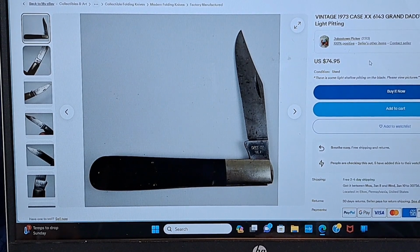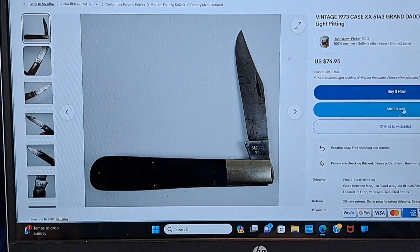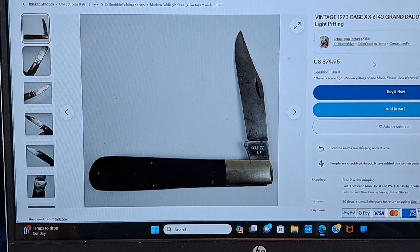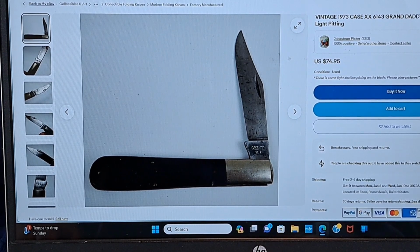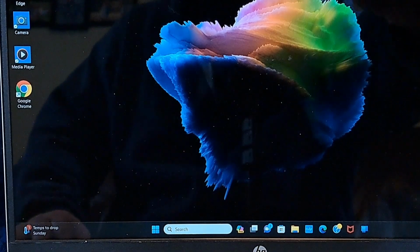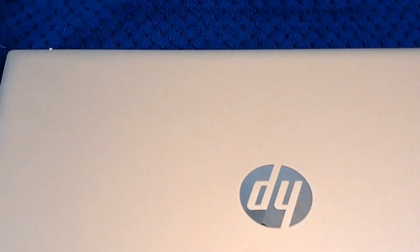And so that's how you can, guys who do this, after a couple months, they'll come back and they'll either drop the price or they'll relist it as a make an offer listing. And you can save a lot of money doing that. And so that's different ways that you can make money on the internet,